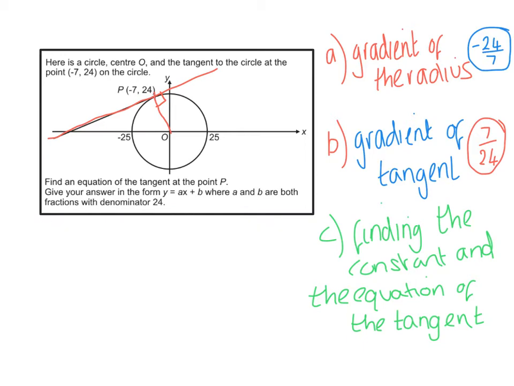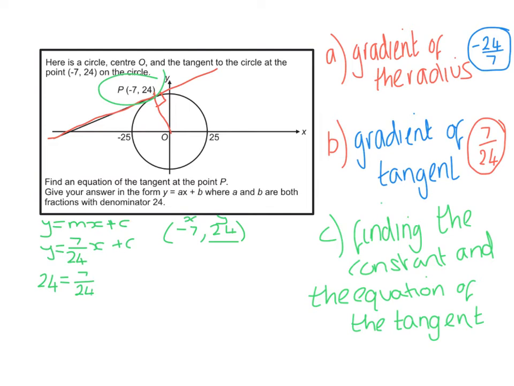So now I've got a certain part of my equation, my y equals mx plus c, and I've got the m. The m of the tangent is 7 over 24. I've also got a point that lies on the line, which is (-7, 24). That's the x coordinate and that's the y coordinate. So I can substitute these into this equation. So I've got y is 24 is equal to 7 over 24 x, x is -7, so it's times -7